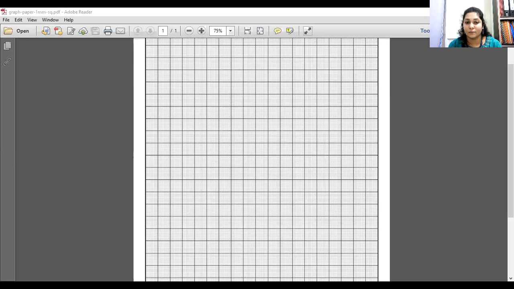Ma'am, so x here will be 3 and y will be 4. Yes. So we put these values in the equation. 3 into 4 will be a into 3 plus 7. Correct. And then you just have to solve for a. Very good. Who gave the answer? Please mention your name also, because I won't get to know who is giving me the answer. So was it Atul? Yes, ma'am.